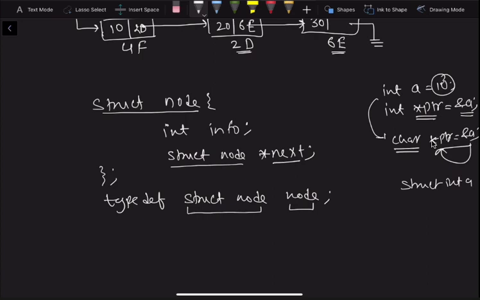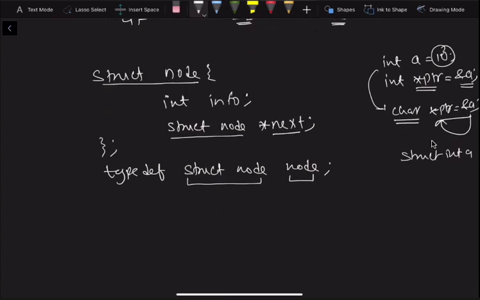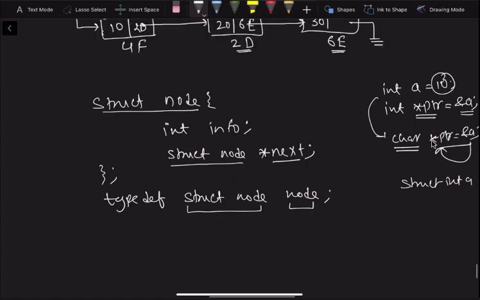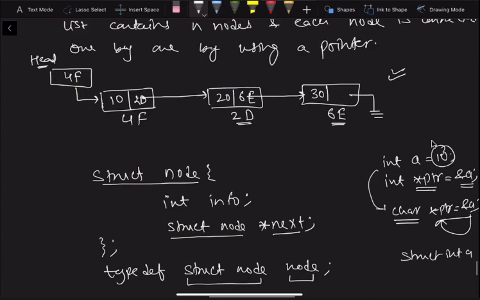So whoever developed the C programming language has already done it. Now we have created the node, and now we have to learn insertion in a singly linked list. What is a singly linked list? So this is a singly linked list. Why? Because it has only one pointer, a single pointer, and that too in the forward direction only. So a singly linked list is nothing but a linked list having a single pointer pointing in the forward direction only. It is not pointing backward at any point of time.